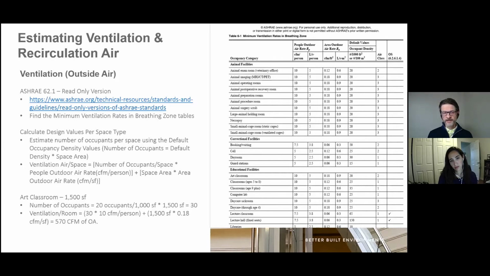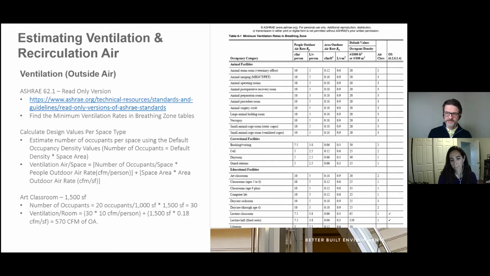So to calculate it, that second set of bullets kind of discusses how to do that, but I'm just going to use a specific example to demonstrate how it's done. So let's say I've got an art classroom that I want to figure out what my ventilation rate at least should have been from a design standpoint. So if you look over here in the art classroom,